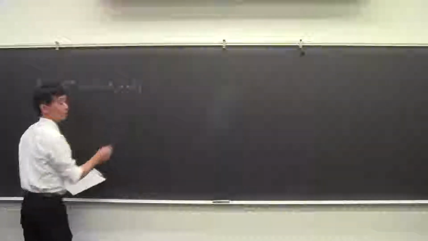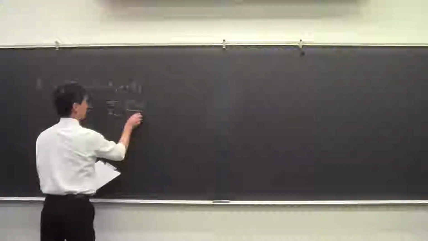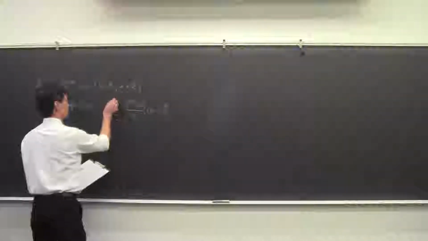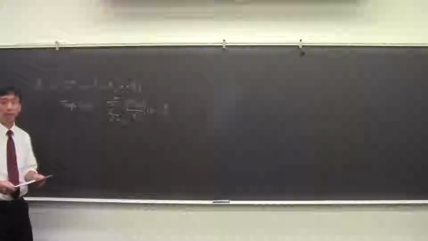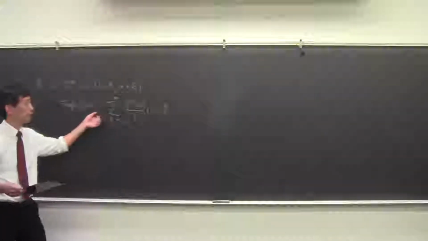centered at some point, and then you create this thing called the Taylor series. So the Taylor series is the sum of the kth derivative evaluated at a, over k factorial, times x minus a to the k, where k goes from 0 to infinity. And this thing is a power series in x minus a,